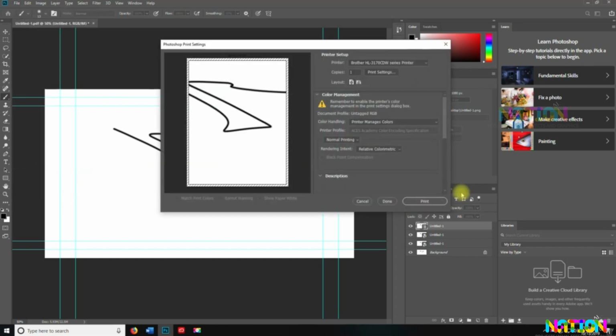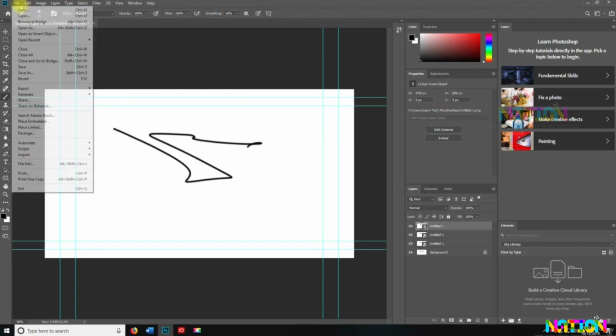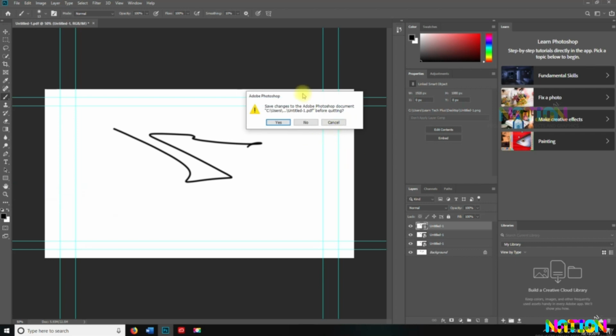We can print. I'm going to hit cancel. We can do Print One Copy. I'm going to cancel that as well. And then the final thing in the File menu is Exit. So if I click on this, it's going to prompt me to save my